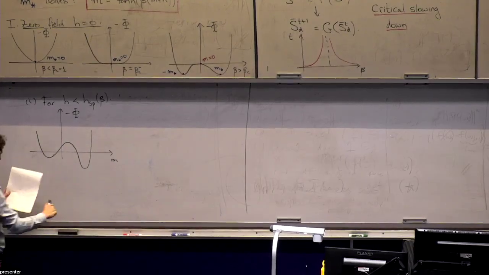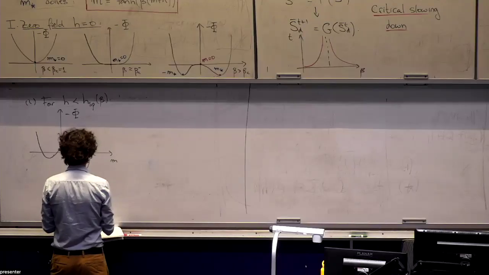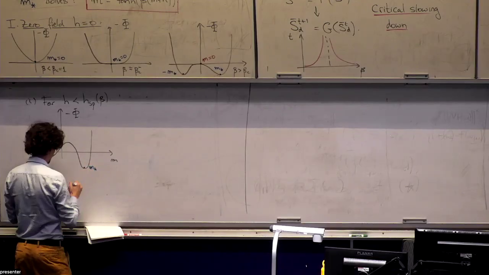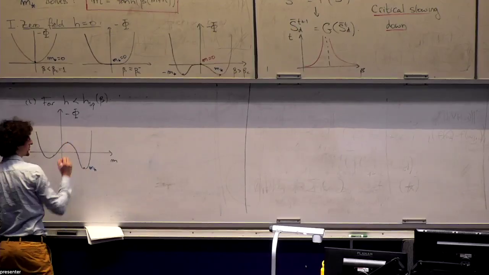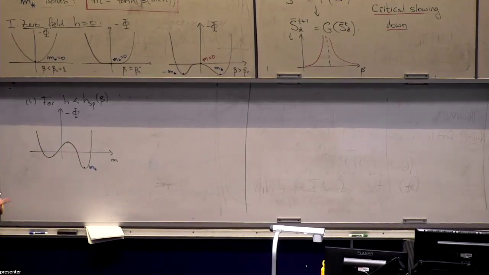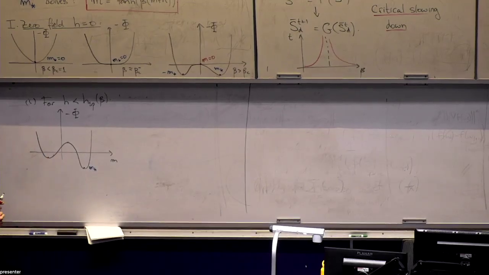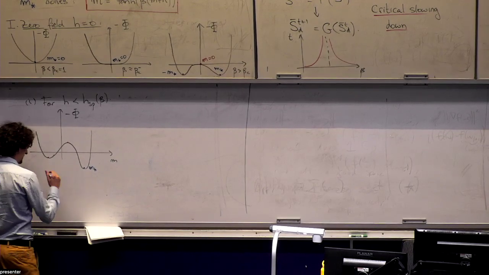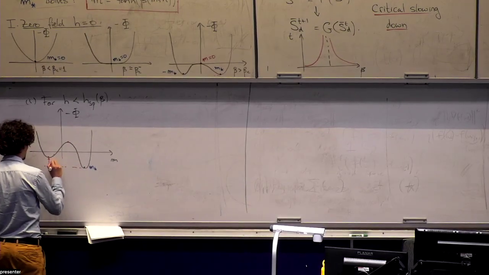Something like that, where I have the single global minima, m star. I have one critical point here, which is not zero, because again, zero is not a fixed point of the self-consistent equation, and I have a local minima here. But there is a gap. Very importantly, there is a gap here. There is a delta phi.